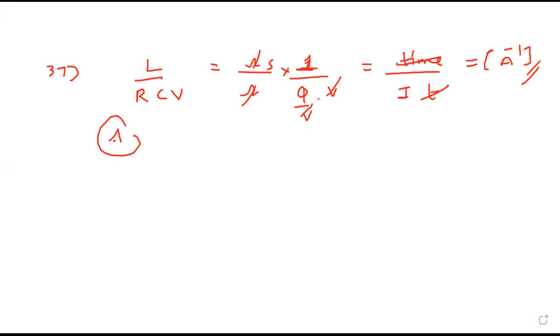Sir, can we do it like RC, we already know that is nothing but time, right? So we can directly write it as time and then into velocity. No, RC is time, but L by R, L is left out, no? Either you take L by R as time or you take RC as time. If it is R square then you are perfect, then R I will split as R into R, R square. Yes, sir. Understood.